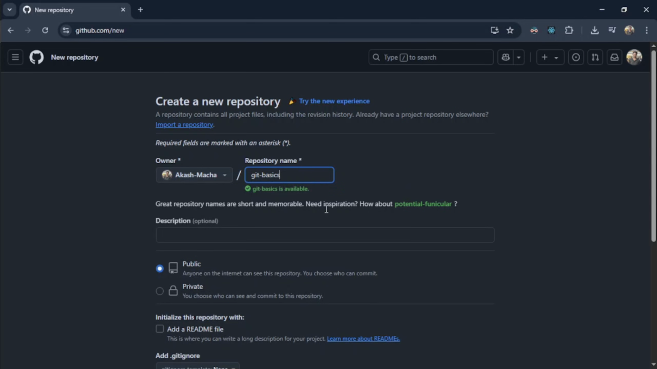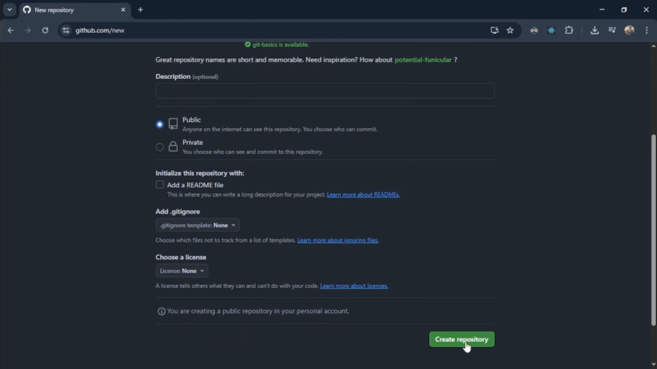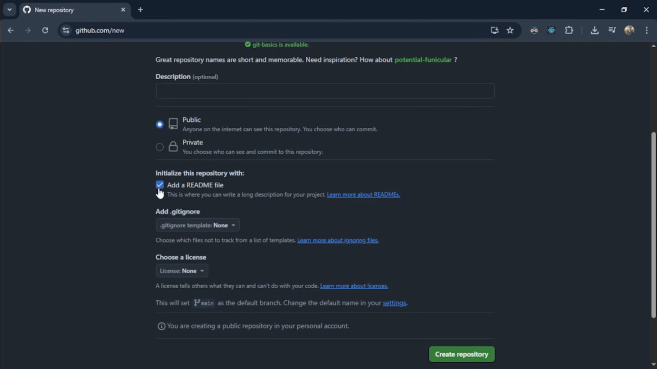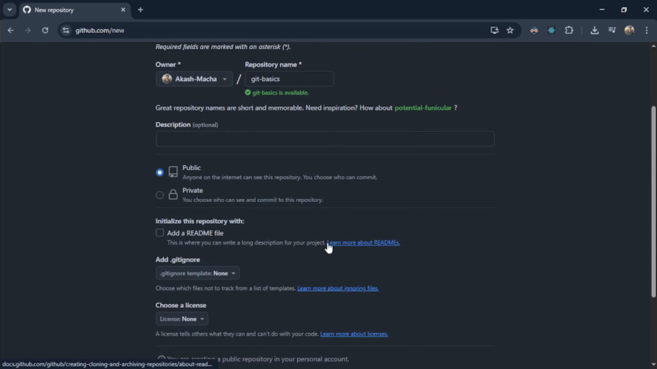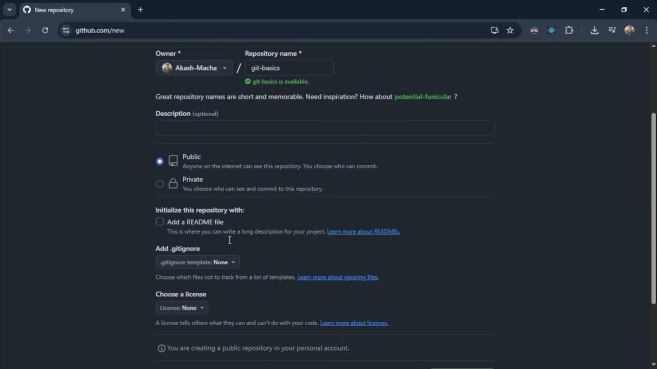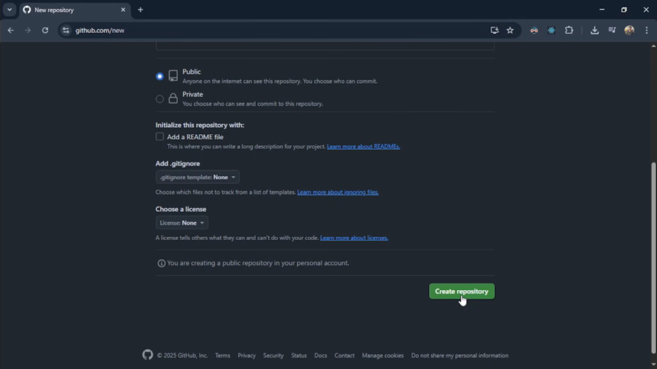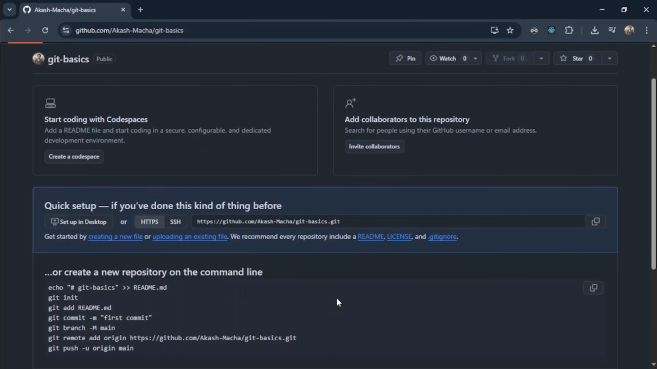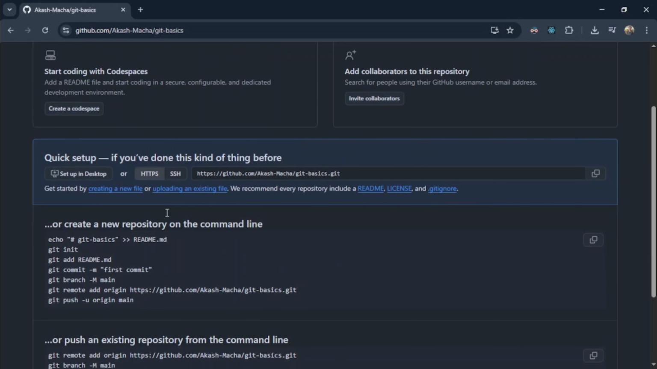Please name it whatever you want. You can make it public or private, and it's your wish. You can add a readme file or you can skip it. For simplicity purpose, let me keep it default, and let's create repository. And here Git will give us the URL of this repository, so we can take this, we can